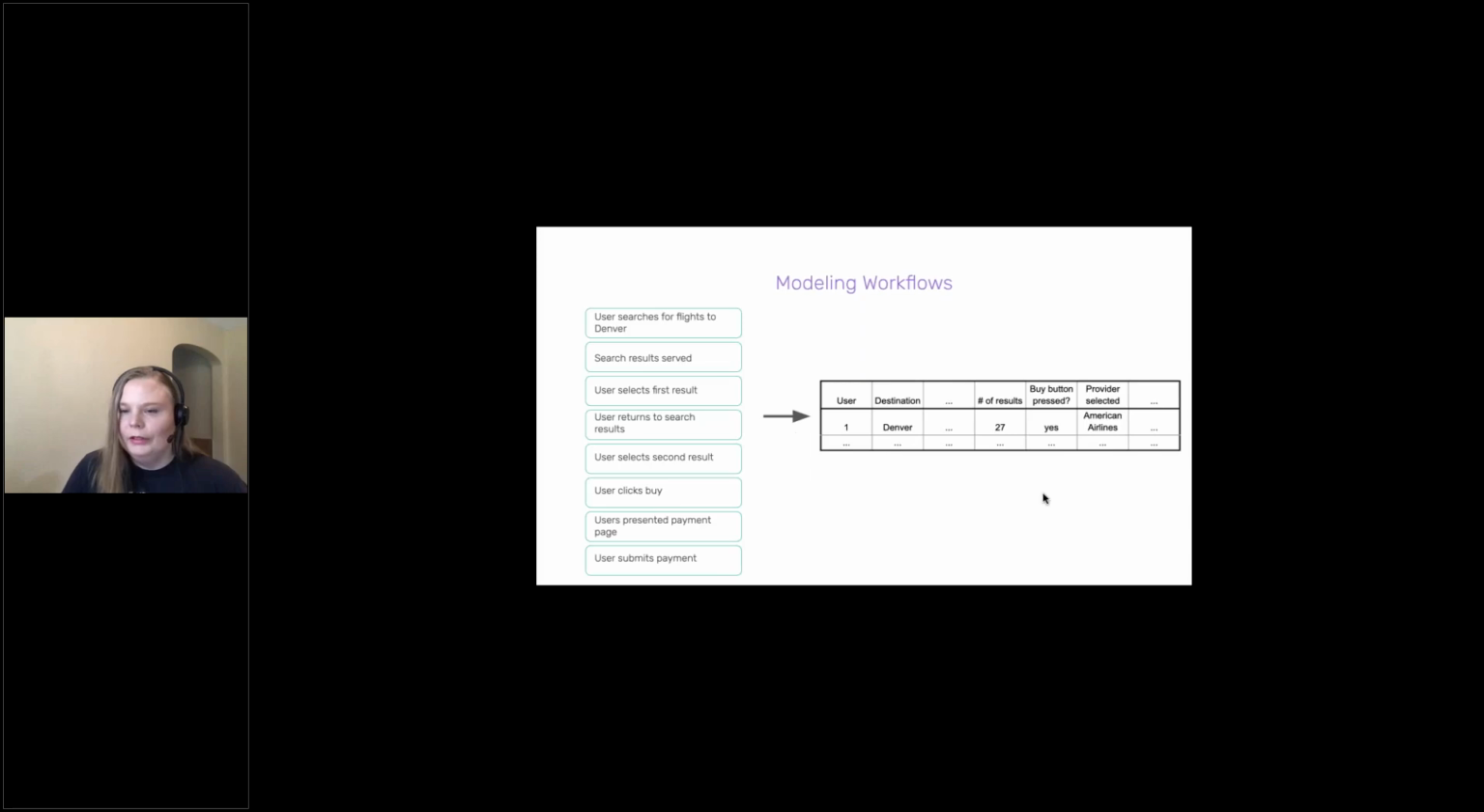And again, we summarize this here in a model table. So we have, again, the user with the user ID, we have destination, all sorts of other information that might be relevant to our specific use case. The number of search results they were served, did they buy something, and what provider did they select. So our summary table aggregates the event level data to an individual workflow level, and each workflow represents the journey that starts with a user performing a search, and that ends when the user either makes a purchase of one of the search results,